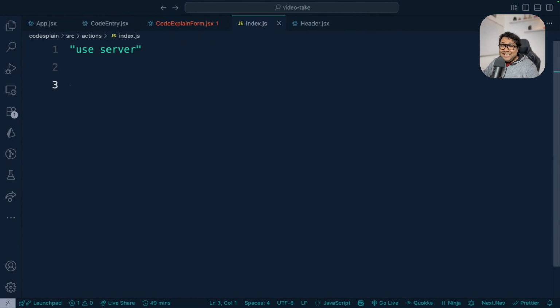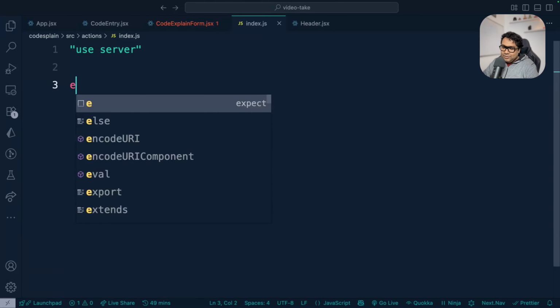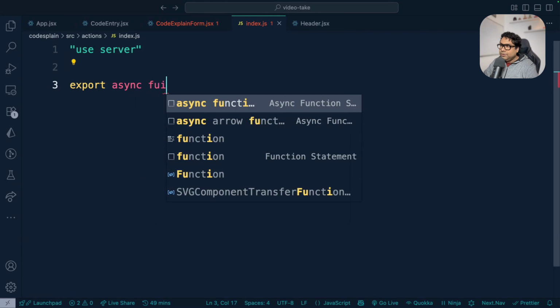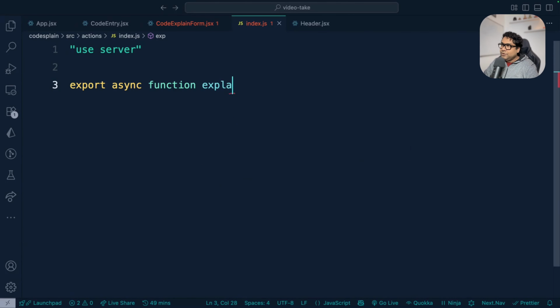After that, let's create a server action. The server action at the end of the day is nothing but a plain old JavaScript function, but an asynchronous one. If you're new to what is a JavaScript function, what are asynchronous calls, asynchronous functions, etc., I have 40 days of JavaScript already built for you so that you can go deeper and learn from it. Please check it out. All right. So let's create one export async function